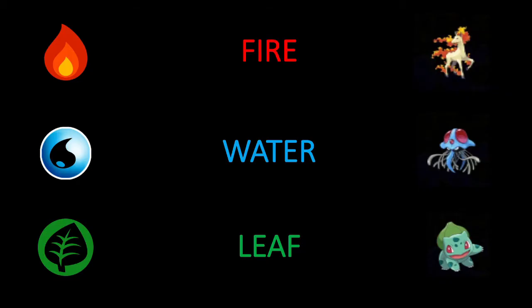So say in machine learning, we had this really trivial goal: if we want to categorize the different Pokemon into the different types. Say we wanted to take all 700 Pokemon, and say we know how to figure out which is a fire type, which is a water type, which is a leaf type. So I'm going to take you through, based on this example and this goal, how to build a really simple